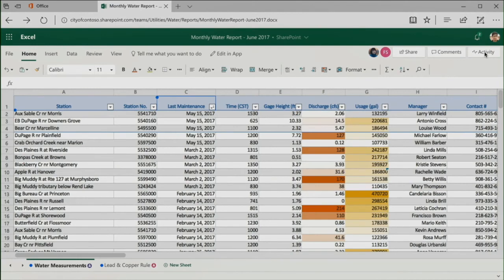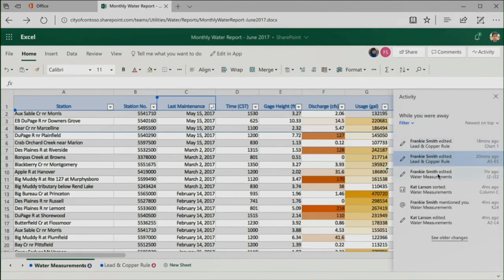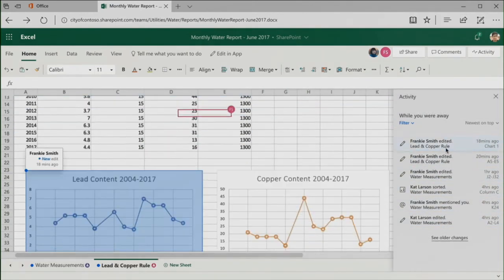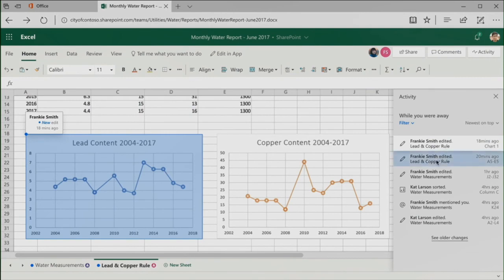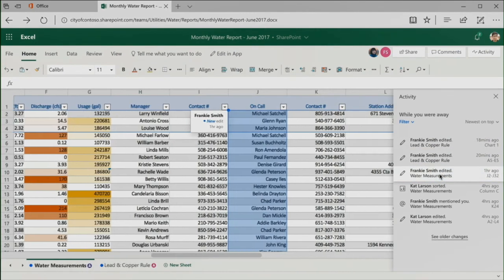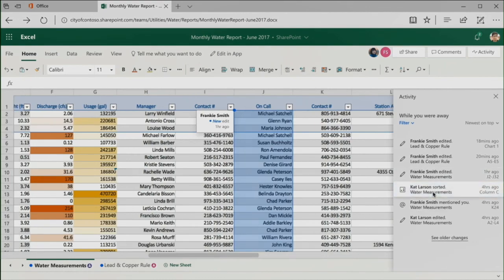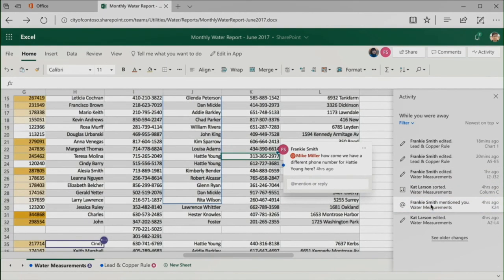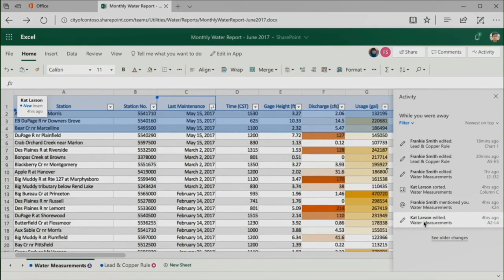And this last vignette here, we show someone in Excel. One of the hard things with Excel is you often have multiple worksheets. You might not be able to see on the worksheet you're on where the changes are, because they could be on a different worksheet. Here I can bring up this activity pane. It'll show you everything that happened to this worksheet. So maybe I don't trust Grady. Maybe I trust him greatly and see what changes he made. And you can see in this little video here, when you click on a different name, it brings up activity